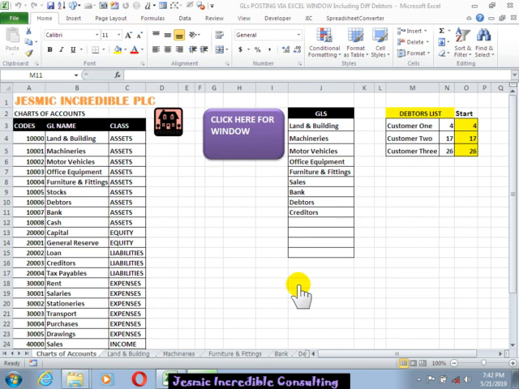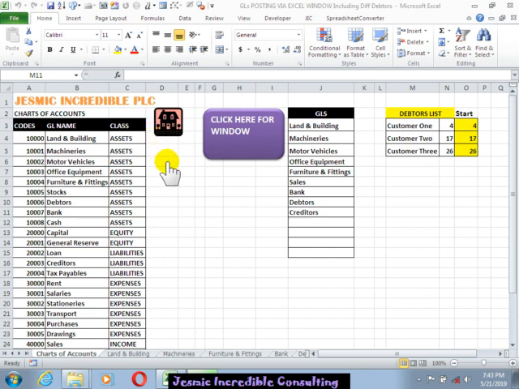Good day. We want to look at methods of typing into the general ledger (GL) via an Excel window, and we will also learn something new: how we can have different customers' GL rather than having a blanket debtors GL. We'll be able to select different customers, and the detailed chart of accounts will have these GL codes and so on, but I've actually uploaded a detailed video on that on YouTube,